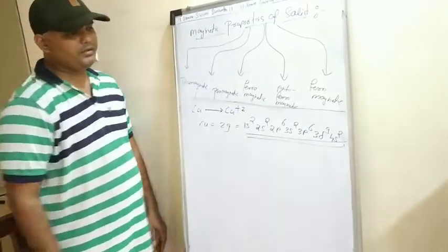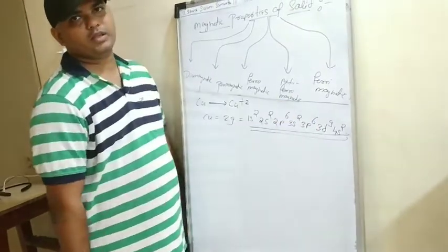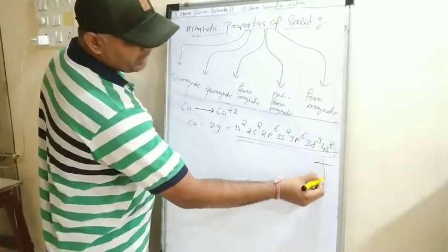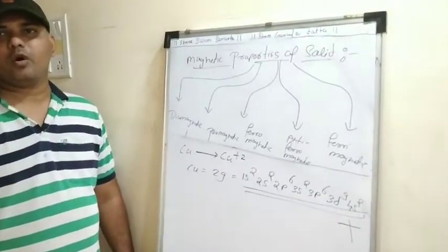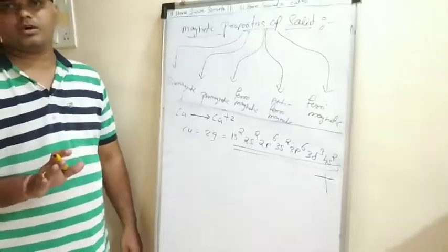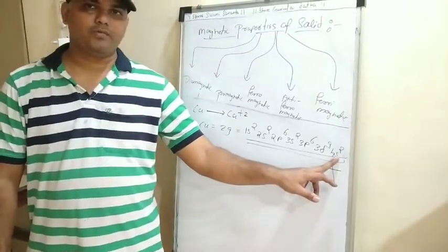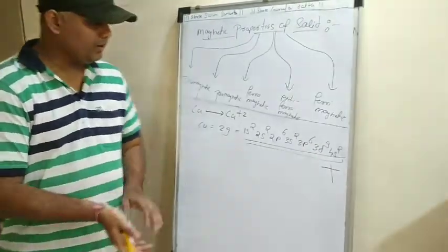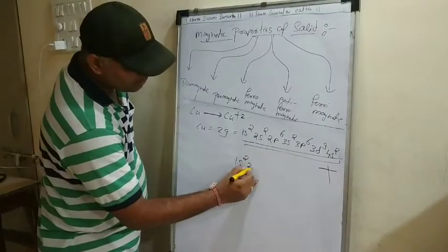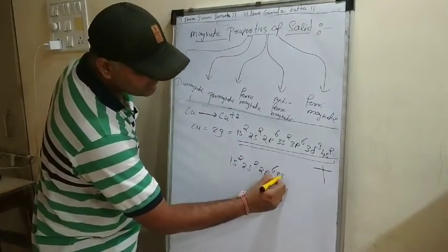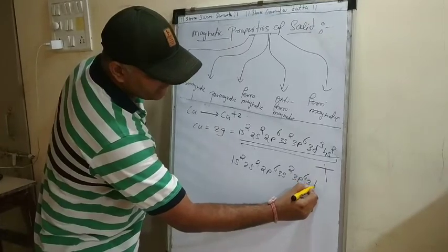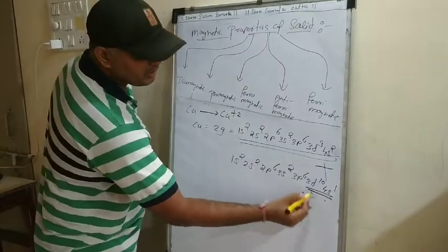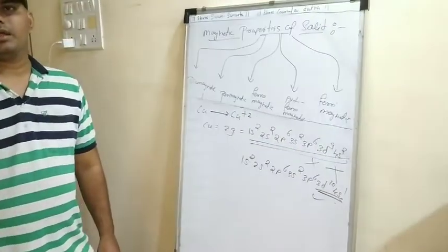As I told you, the 4s will fill first and then it will go for the 3d9. But let me tell you, my dear students, that this particular thing is not applicable for copper. Why is it not applicable for copper? Just now I told you that 4s will get filled first and then it will go into 3d. But what is happening in this case? The opposite is happening, that is 1s2, 2s2, 2p6, 3s2, 3p6, 3d10 and 4s1. So this is the configuration. This is not the configuration. Now why does this happen?